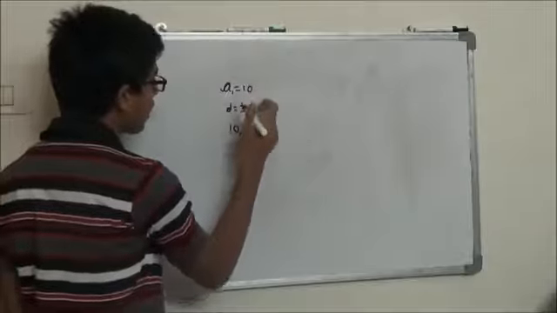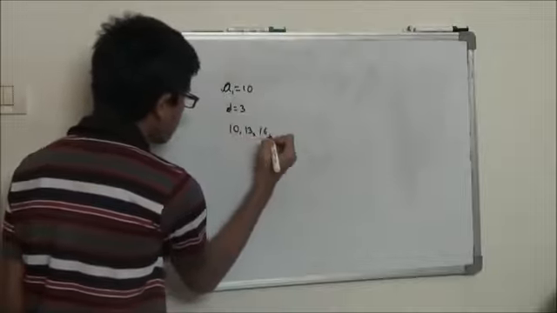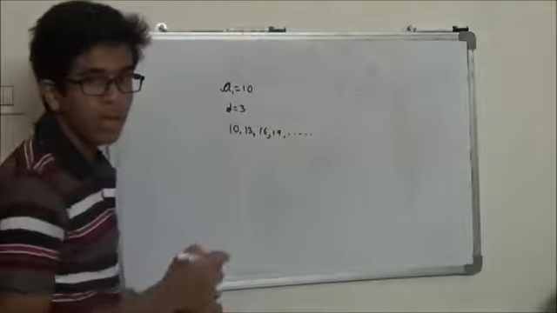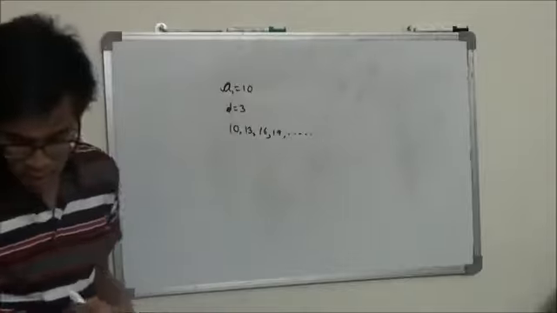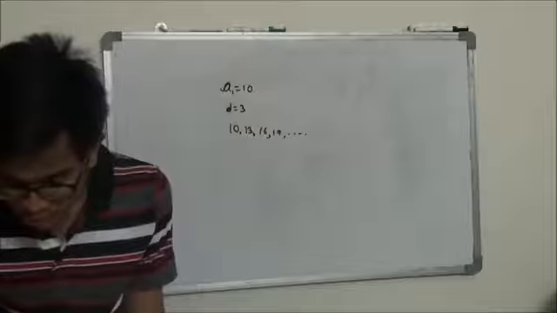So we have to add. So 10 plus 3 is 13. 13 plus 3 is 16. 16 plus 3 is 19 and it goes on. So that is the required AP. So this one is done, and the next one is write an AP having 4 as the first term and